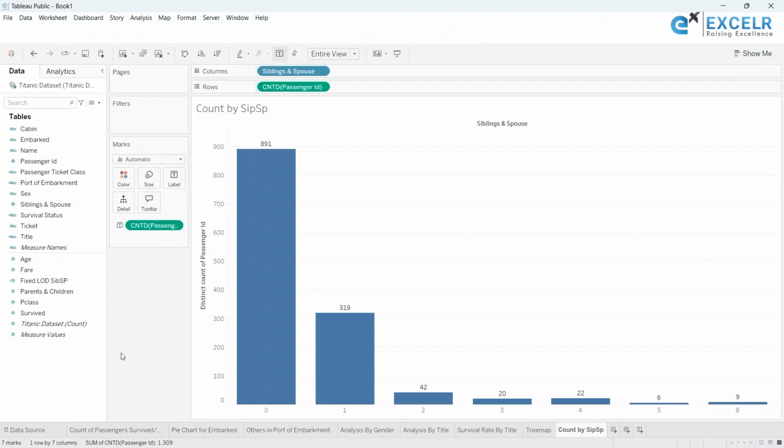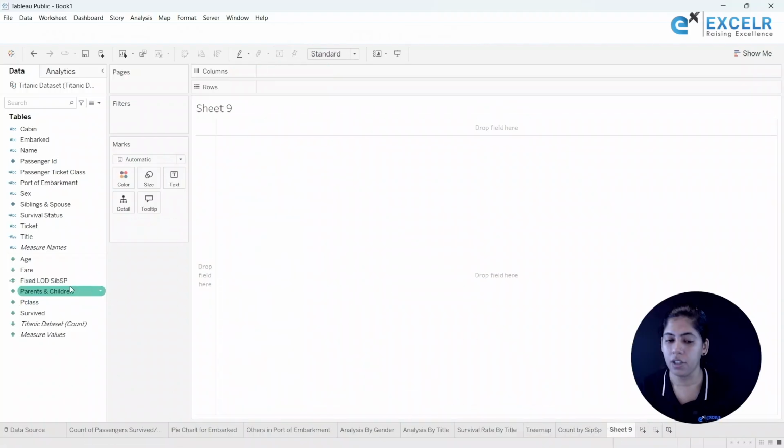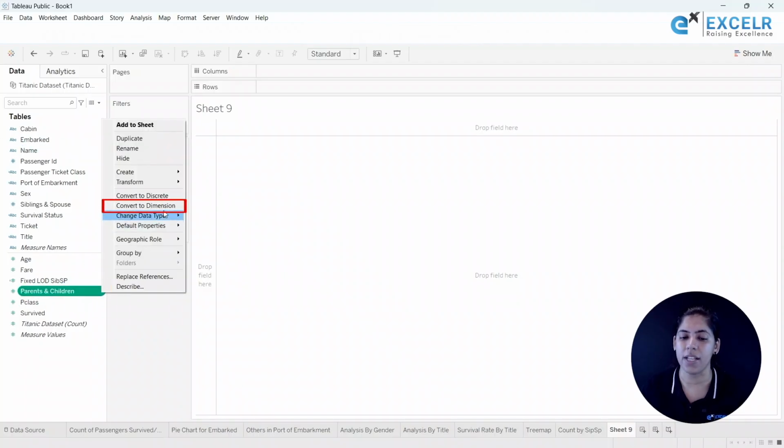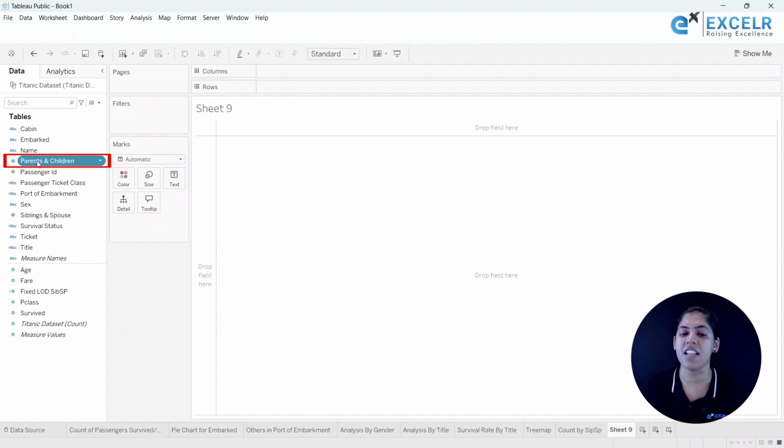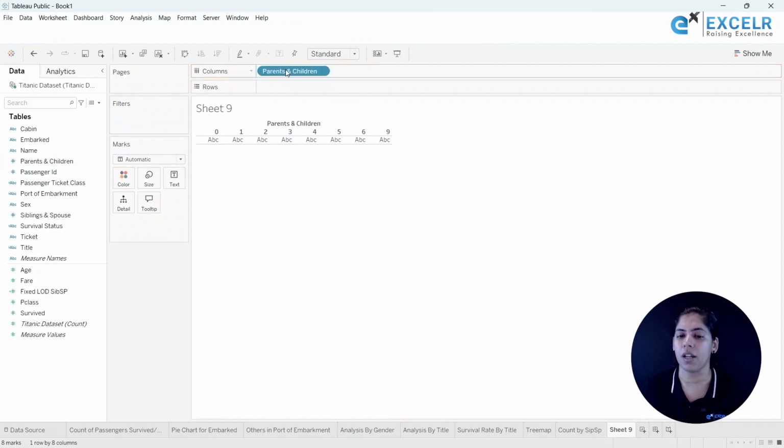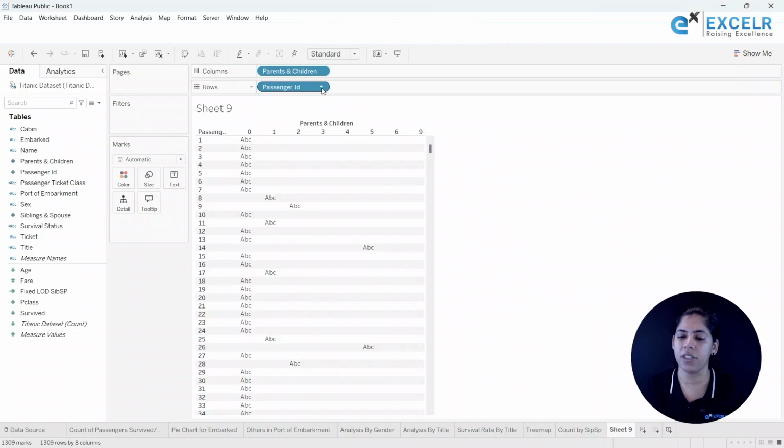We can also go ahead and create one more chart for parents and children. Once again, we know that parents and children is nothing but the count of passengers that are traveling along with the passenger in concern. So if I transform this as well into a dimension, I can easily figure out the count by putting them into columns. So any passenger could have had either of 0 parents or children, 1, 2, 3 up to 9 parents and children on the ship. So when I get the count here with the passenger ID and convert that into count distinct,